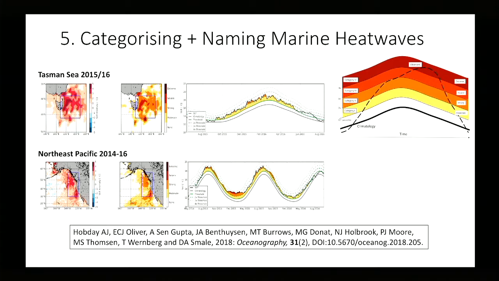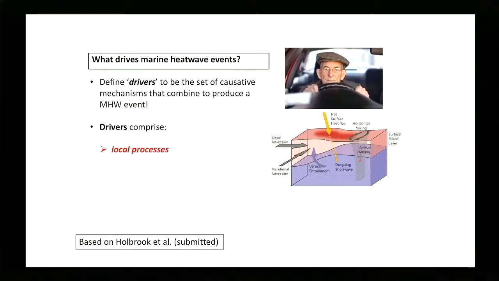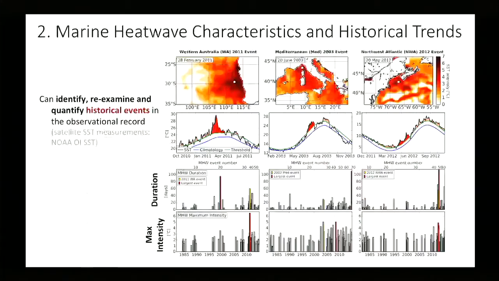You said the heat wave is discrete. Yep. Is that just when it crosses the 90% threshold, or is it more complicated? Yeah, that's right. If we go back to the picture, it'll become clear.